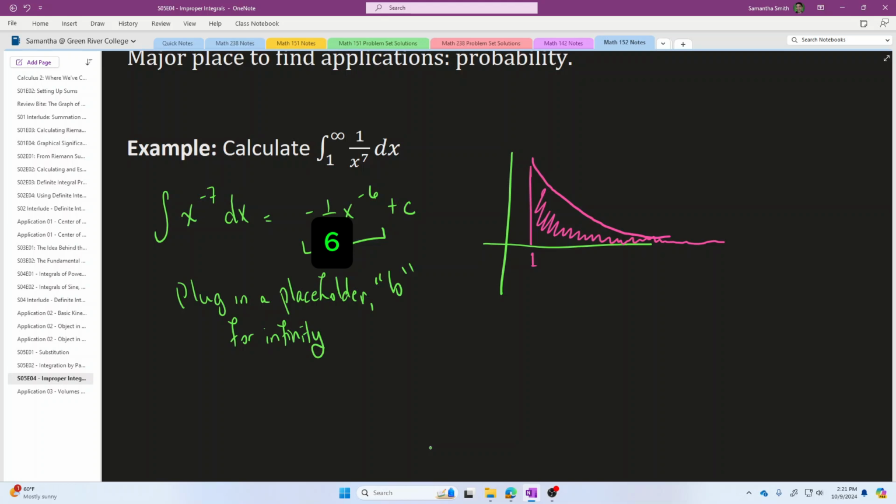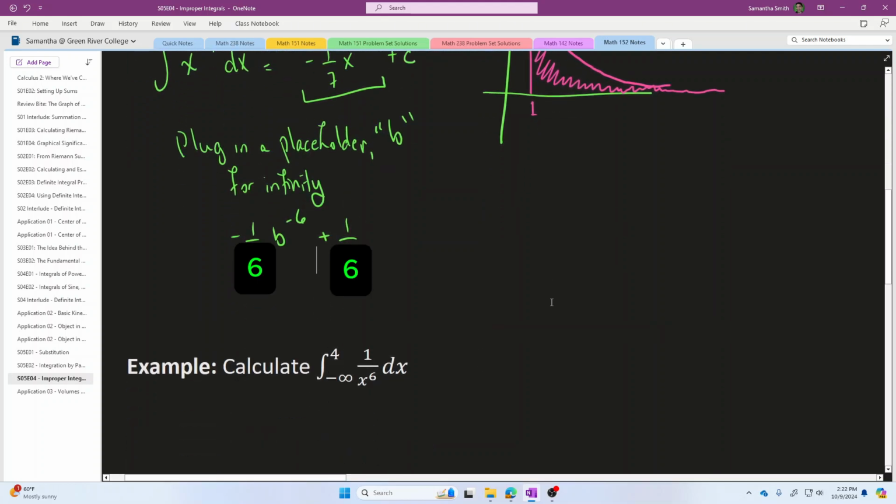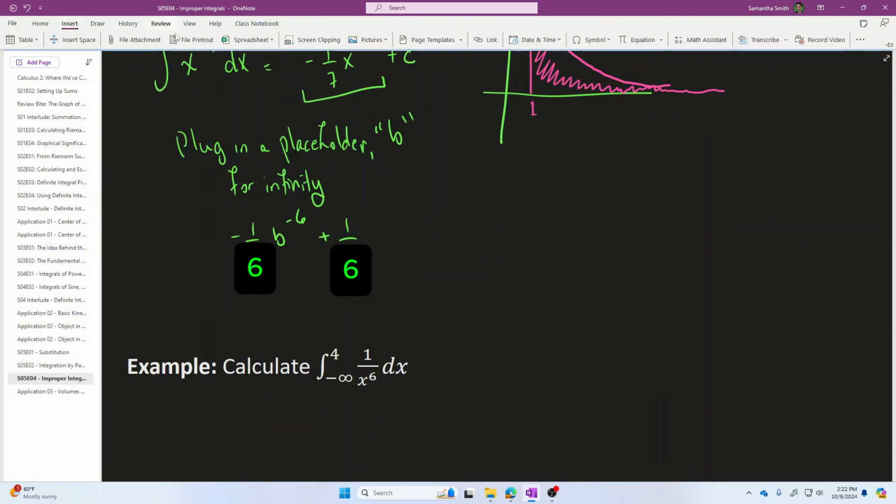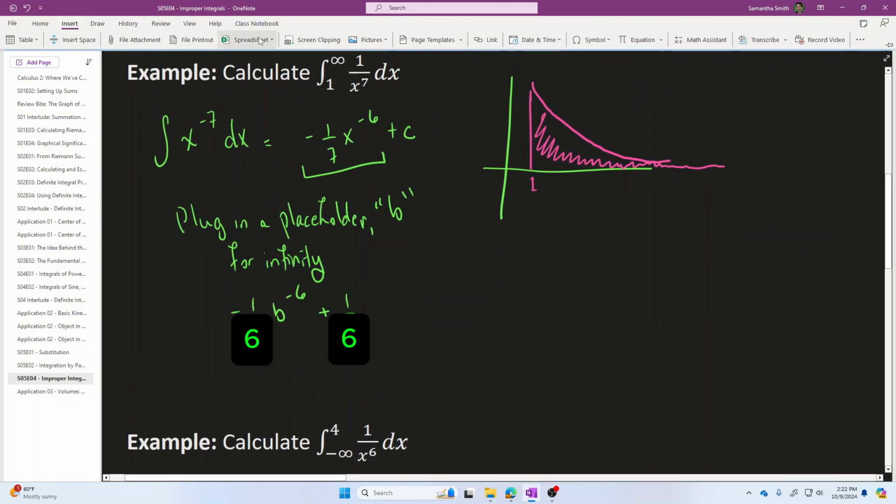And I'll say, okay, negative 1/7 b to the power minus 6 minus negative, so plus 1/7 times 1 to the power minus 6. And then once that placeholder b has been plugged in for the upper limit, and 1 has been plugged in for the lower limit,